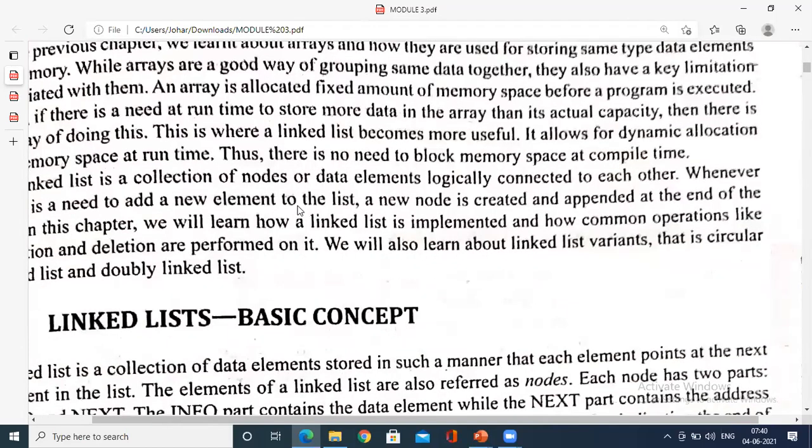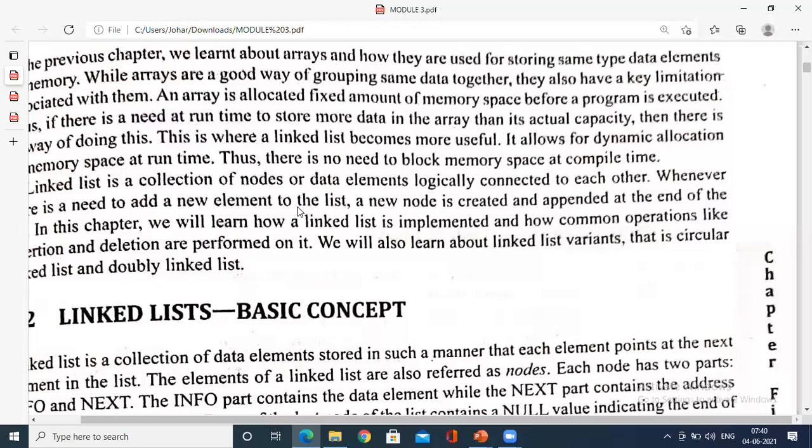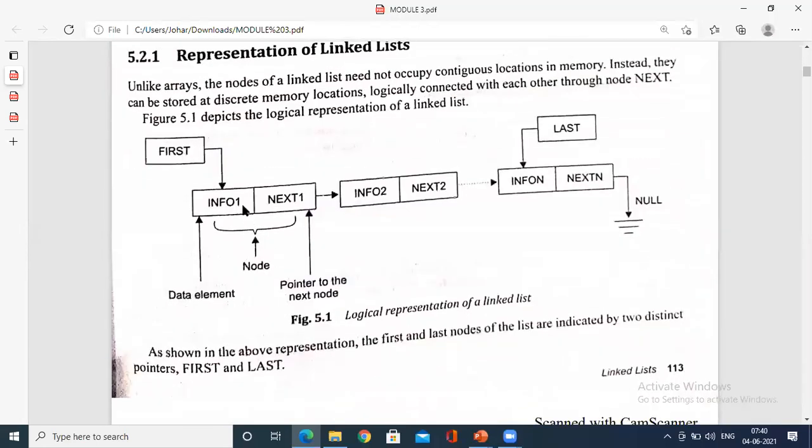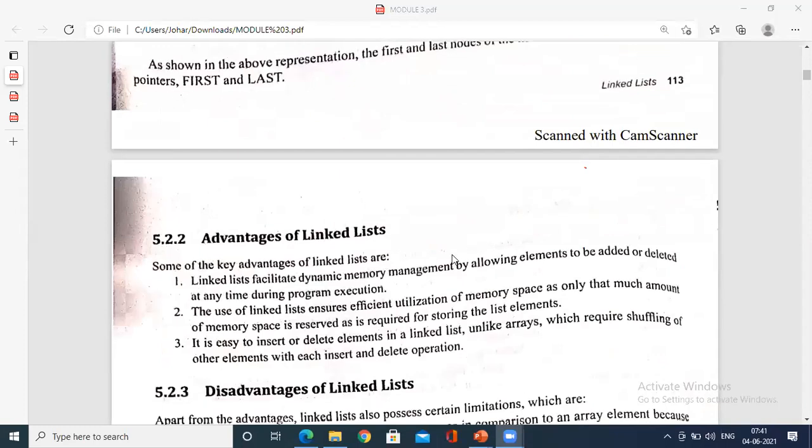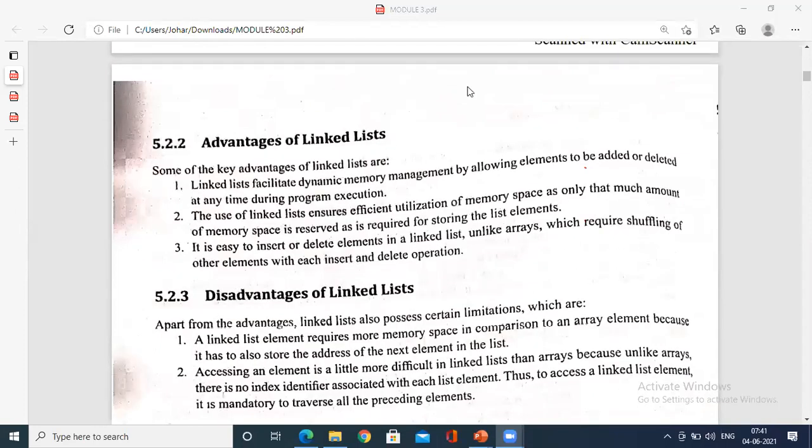So the introduction part for you is the basic concepts. How does the linked list look, what I have just shown you on the PPT: information, next; information, next. Here the next is null, that is, it doesn't link to any other node, so we can represent a null over here. This is a logical representation of a linked list. Advantages: it helps in dynamic memory management, which is very important. Theoretically I'll not stress more; I'll go to the logical part because we need to go on to queues and stacks also. It ensures effective utilization of the memory.